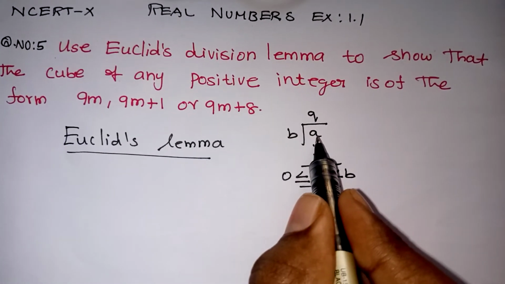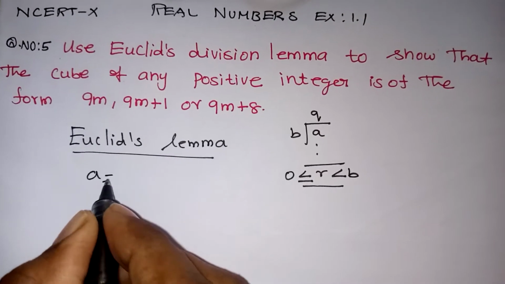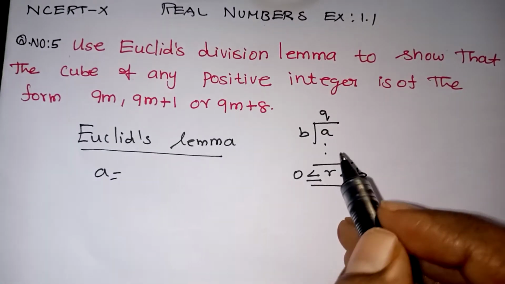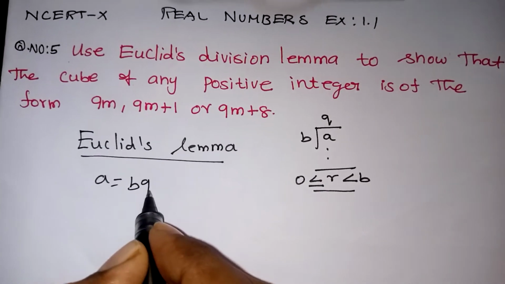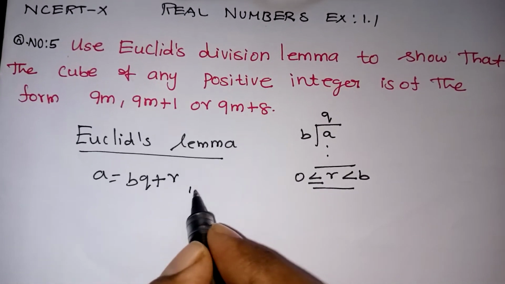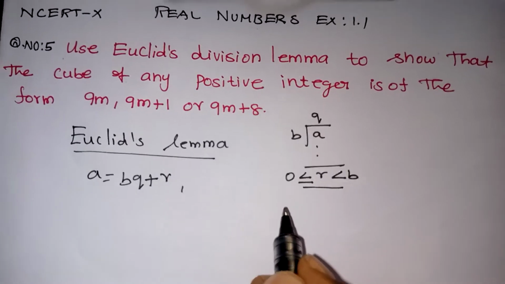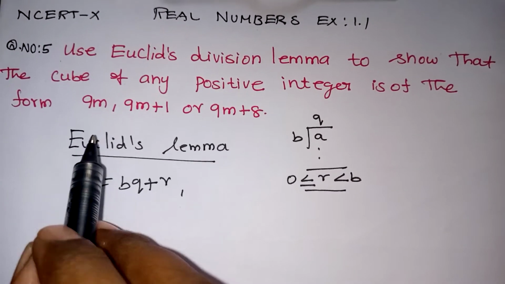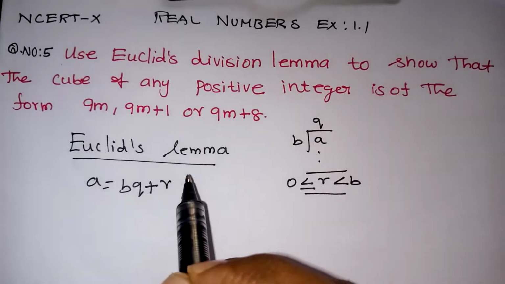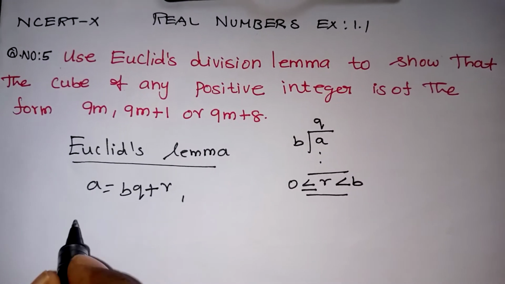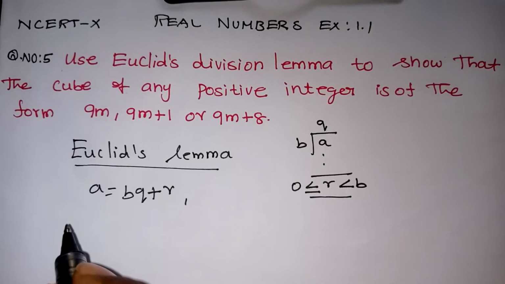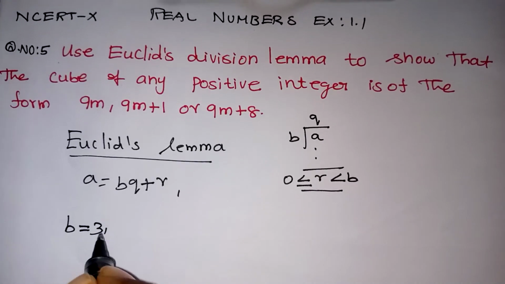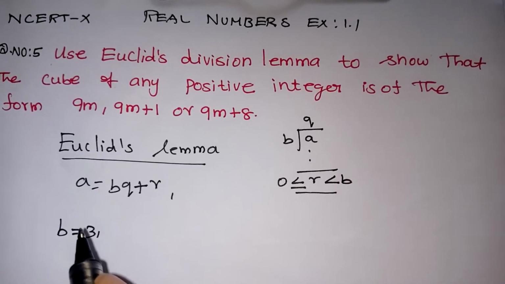So any dividend a is equal to, if we multiply these two numbers and add the remainder, definitely it will give a. So a equals bq plus r, where r satisfies this condition. This is my Euclid's lemma. From here my question is about 9. So for 9, definitely we can go for the 3 table, which leads to 9 very easily. In the same problem, only one thing changes: we are going to consider b as 3. The remaining values we take as they are.